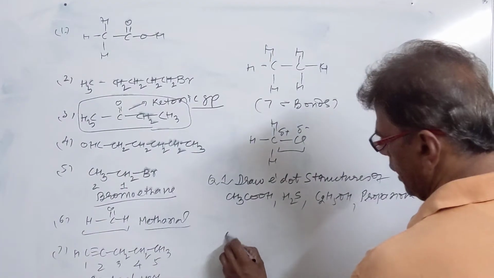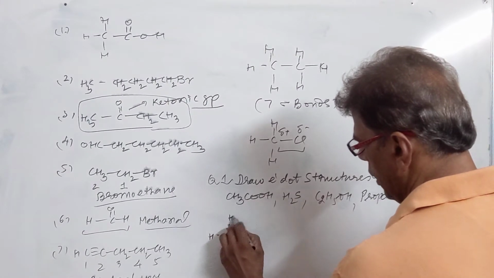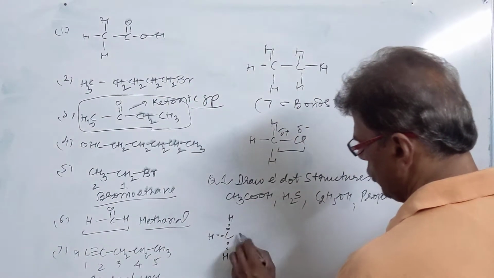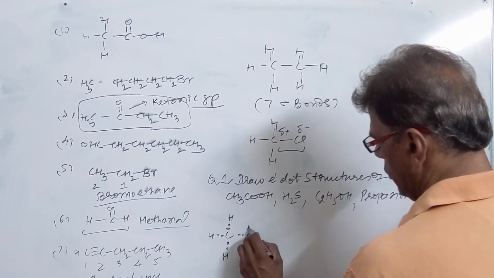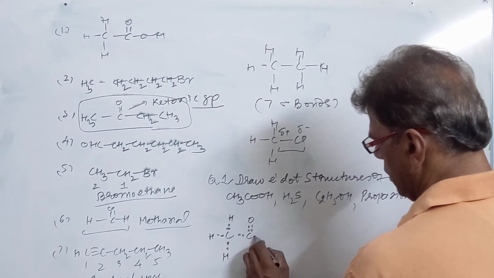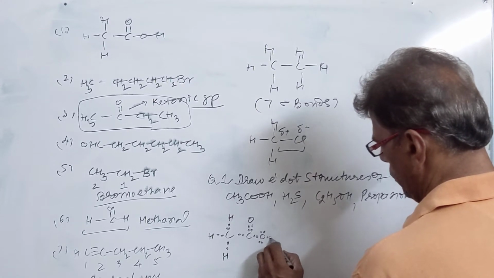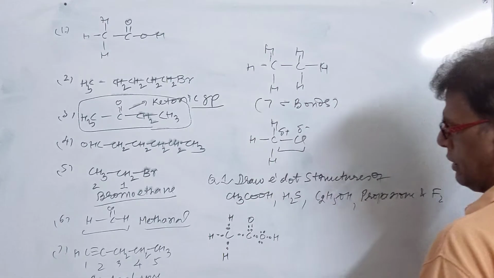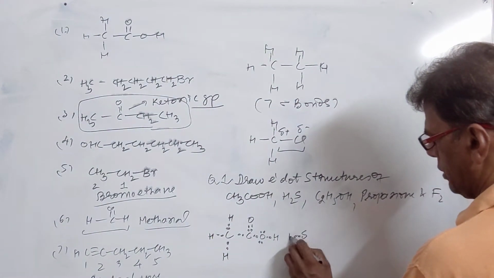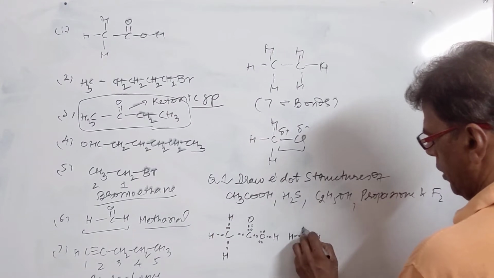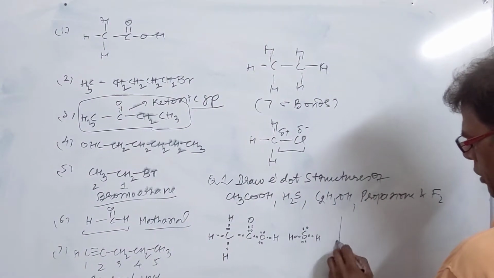First structure is electron dot structure. We will be having 3 hydrogen on this carbon, shown by 3 pair of electrons, 2 pair on this side, 4 electrons on this side, 2 electrons on this side of oxygen, 2 electrons. They are shown by lone pair. This is structure of acetic acid. Then we have H2S. 1 electron of sulfur is shared with each hydrogen, and 2 electron pair are left as lone pairs. Then we have ethyl alcohol.